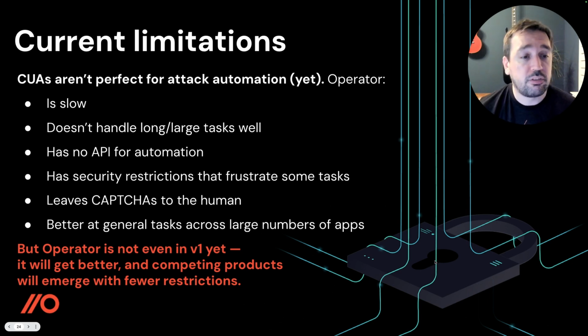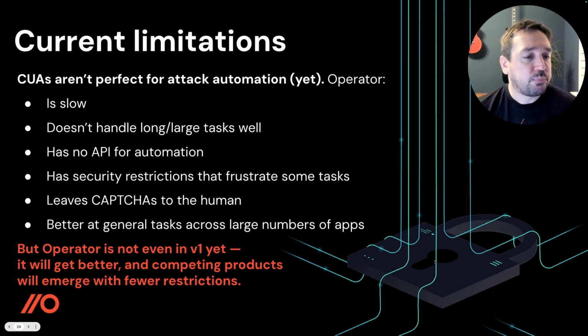You take over, you solve it, and then it carries on, and it will alert you to that. So you could have 10 agents, 100 agents out there doing things, and every time they hit a CAPTCHA, it alerts you. You pop in, solve it, and at that point you almost become like a red team manager managing a whole bunch of intern hackers that don't really know what they're doing yet, and they can't solve CAPTCHAs, but they can do a lot of grunt work for you, and you're managing them.